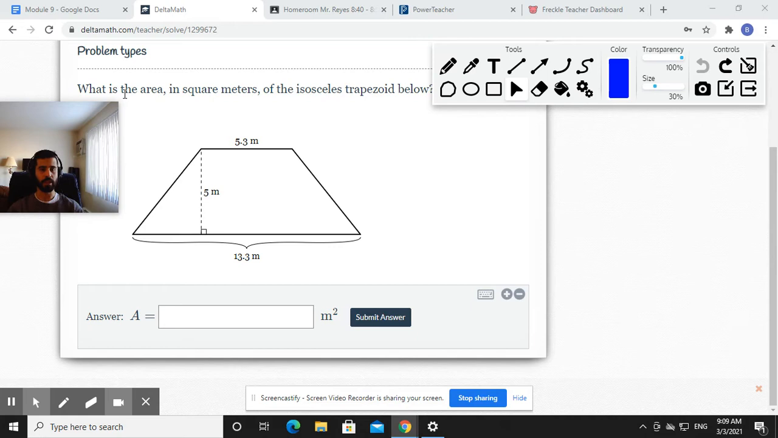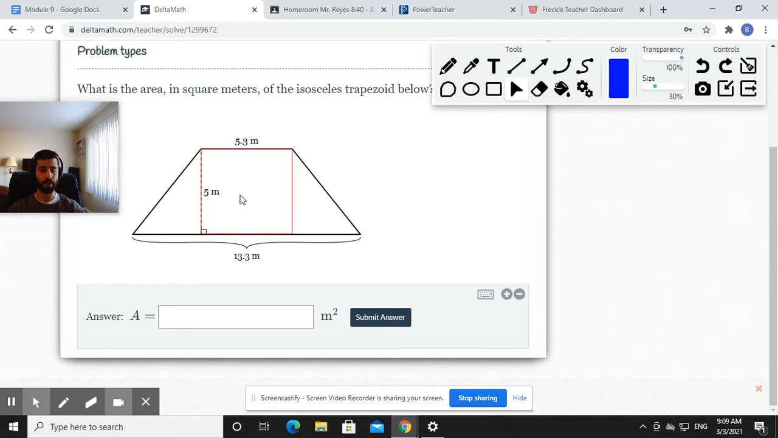We are again finding the area in square meters of the isosceles trapezoid below. Isosceles, if you remember, an isosceles triangle has two sides that are the same. An isosceles trapezoid is similar because these two sides are the same. So this triangle that you can kind of see right here is the same as this one right here. And again, that's our first step in finding the area of a trapezoid,